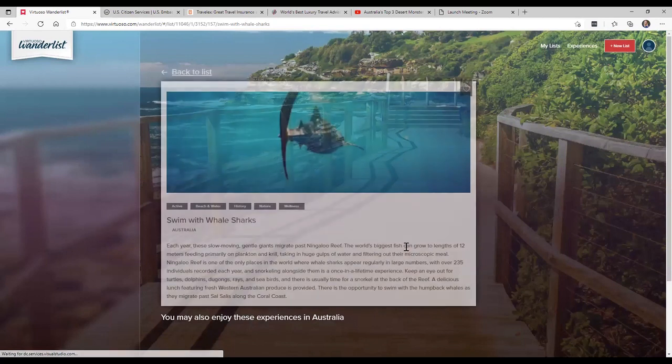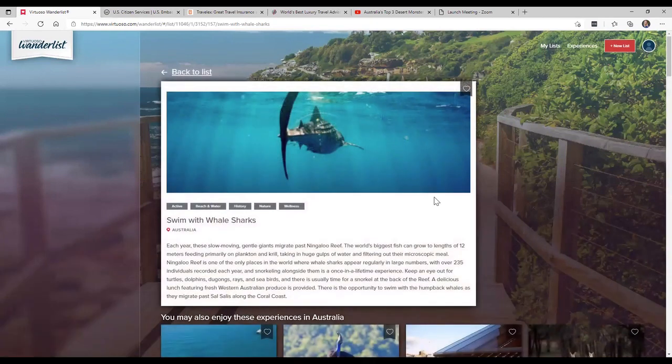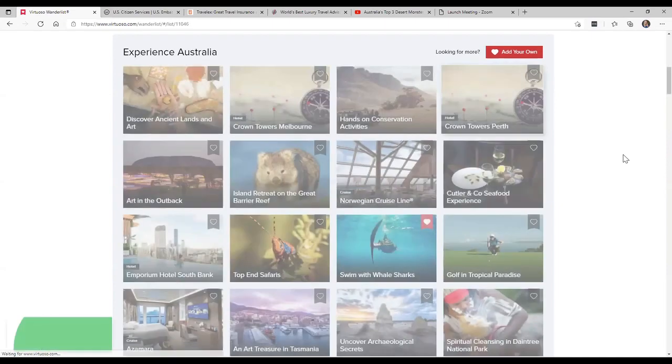If I click on that tile, I get that high level overview. It tells me a little bit about it, and I can learn that this is unique. There's not many places in the world, and Australia is one of the few where you can actually swim with whale sharks. So I'm going to click the heart and add this to the list